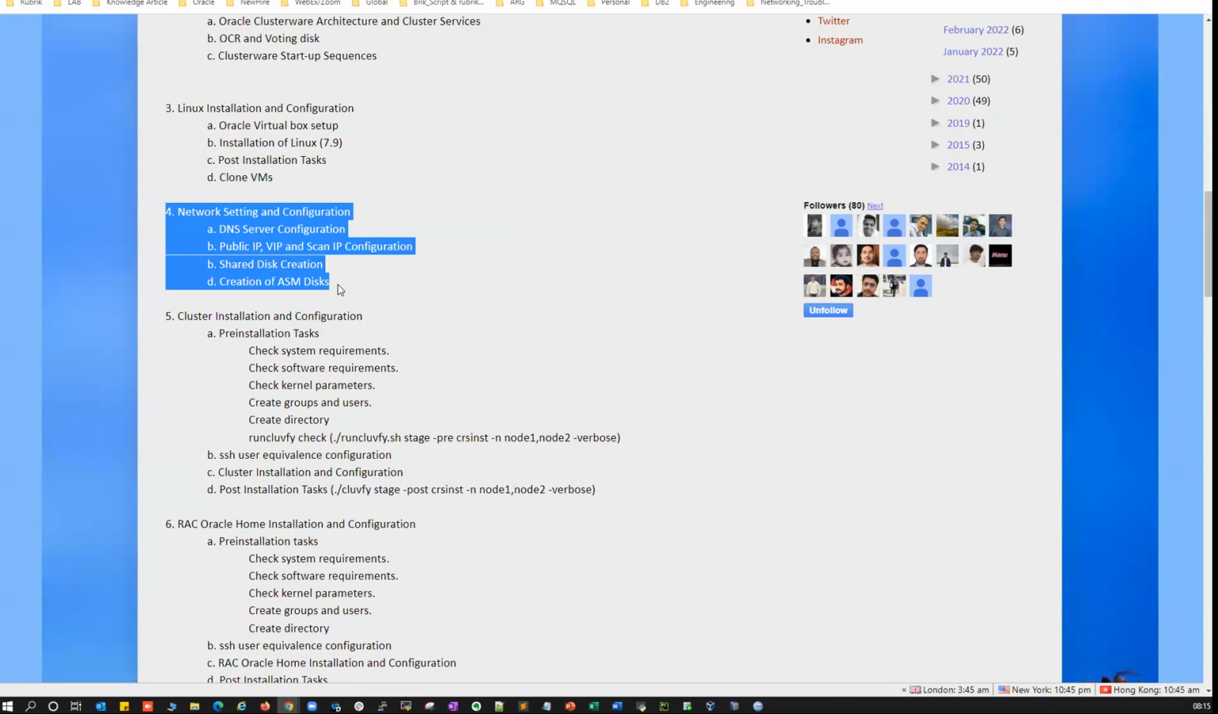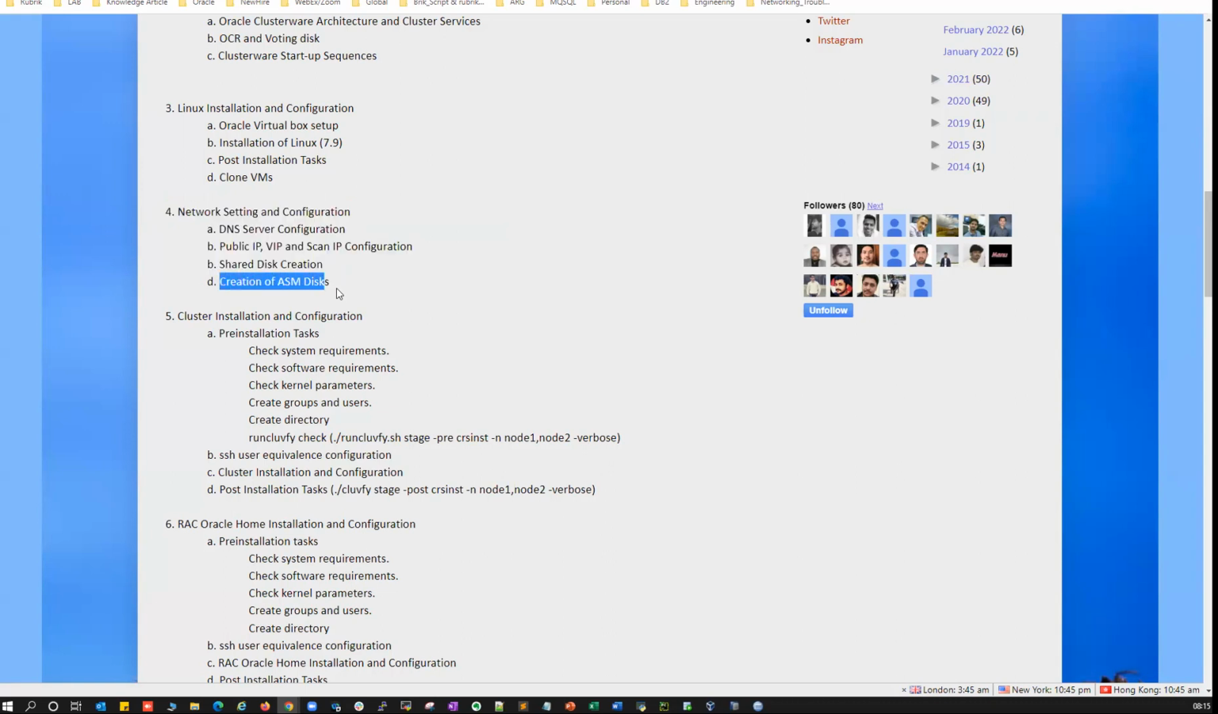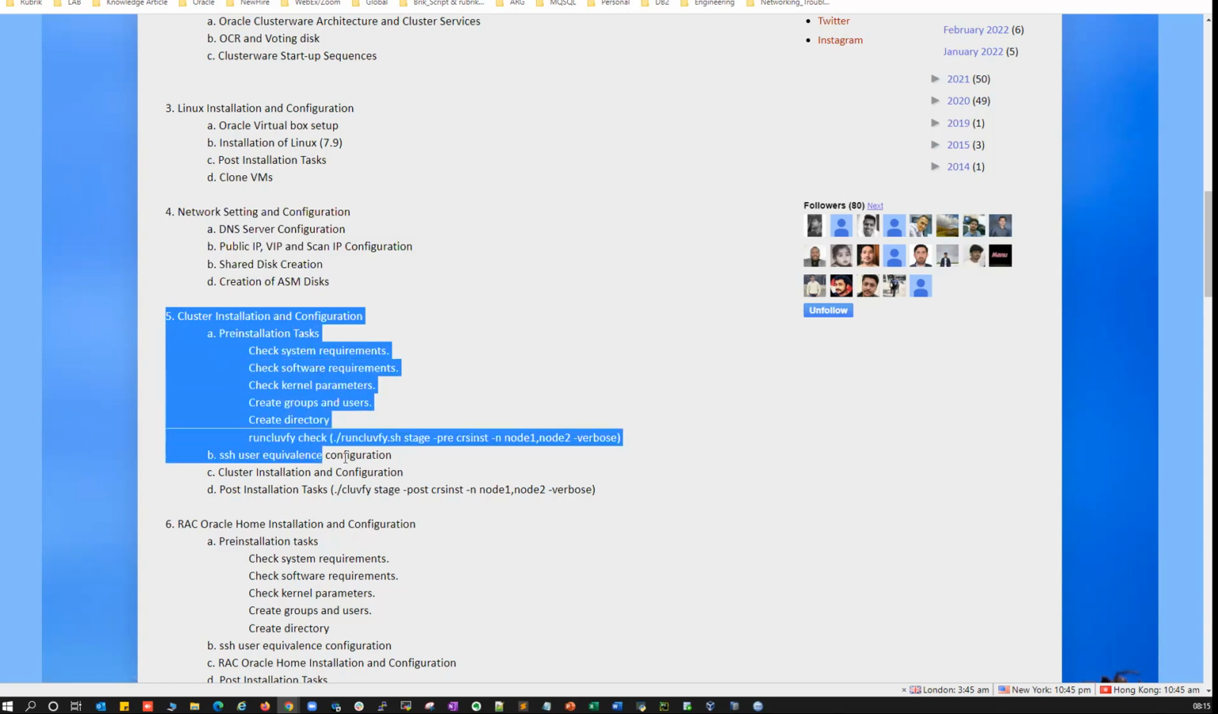And then after setting up your two-node RAC servers, you have to create some shared disks. So we're going to create some shared disks between those two servers, and once that is done, we'll start with the clusterware installation. That's your grid infrastructure installation, or you can say the ASM installation or clusterware installation